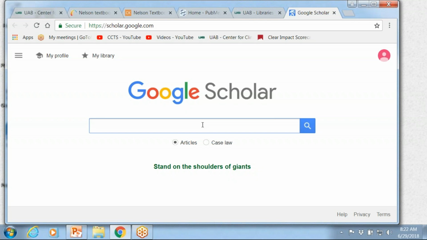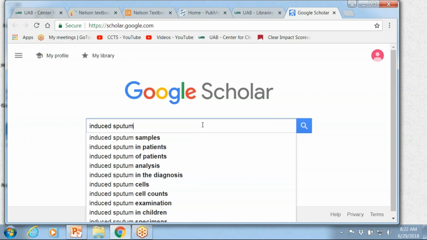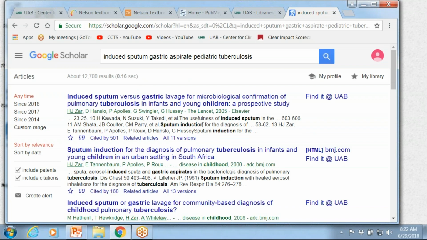So if I go to Google Scholar and put in my keywords, induced sputum, gastric aspirate, pediatric tuberculosis, I'm getting over 12,000 results.